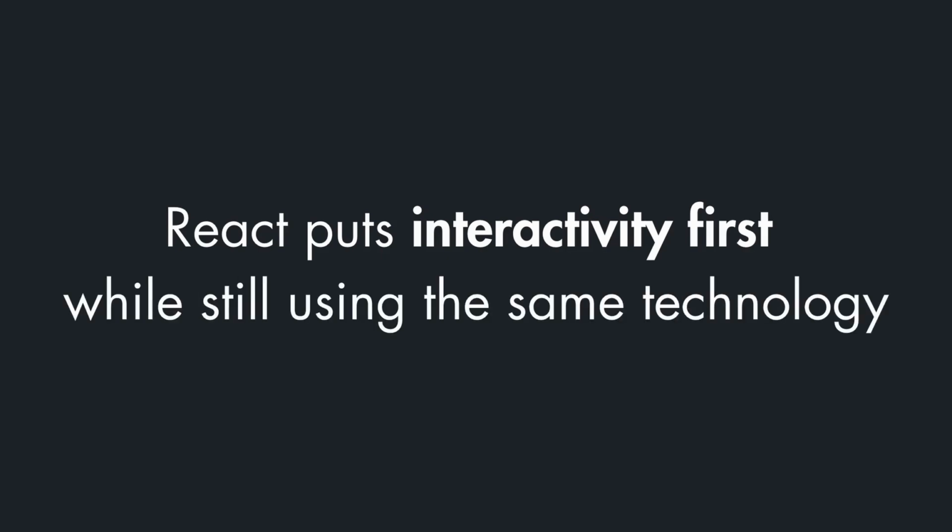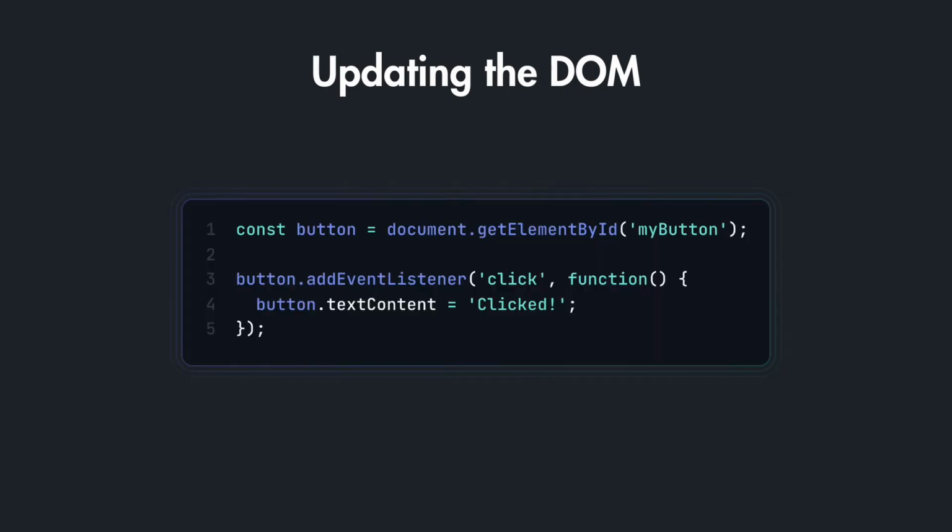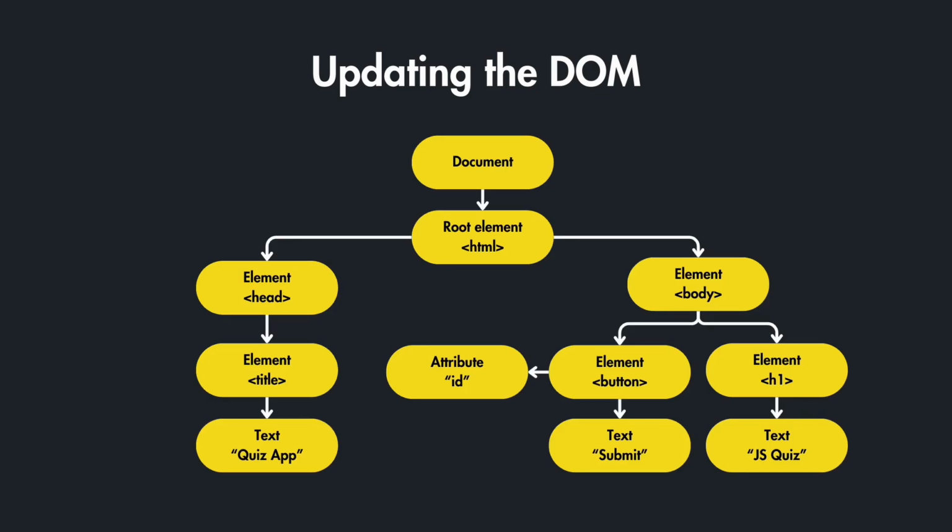So before React, web developers had to manually update the DOM, the document object model, every time something changed on the page. For example, with vanilla JavaScript, you would typically have to manually update the DOM, which could be slow and error-prone. For example, if you wanted to change the text of a button when it is clicked, you could do it by using the add event listener in JavaScript and then changing the content inside. So this operation would change the button on the screen, but this could get complex and inefficient,